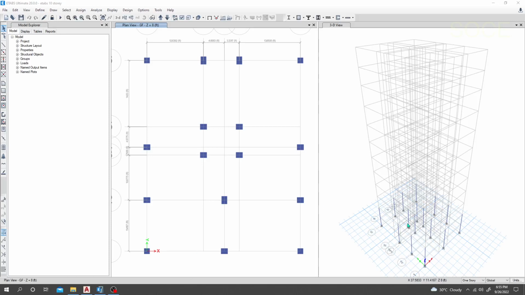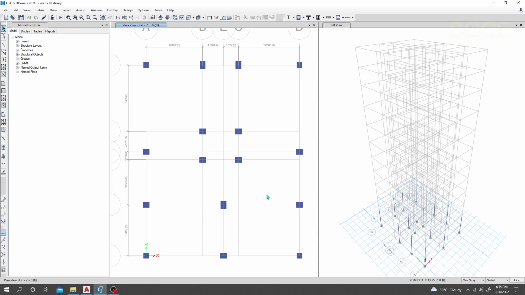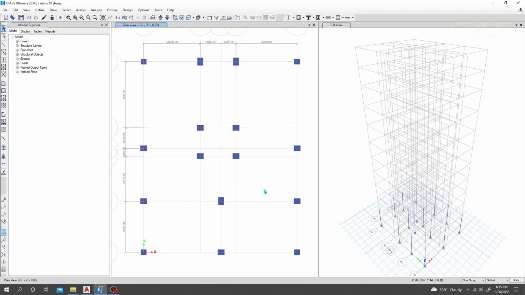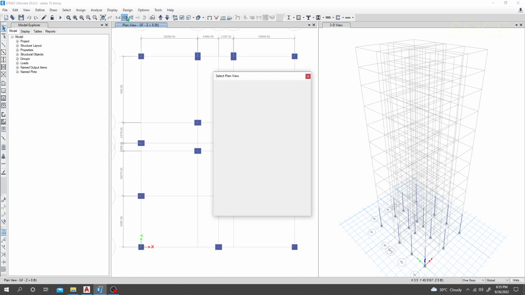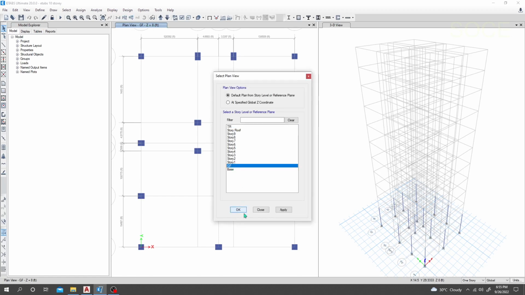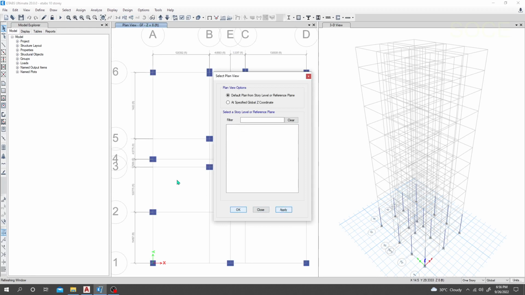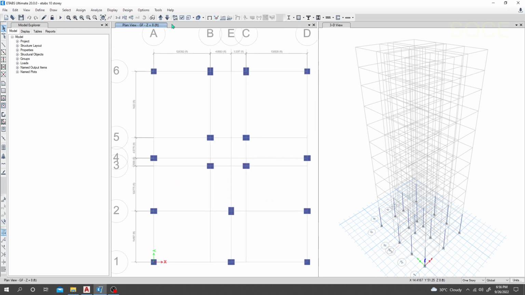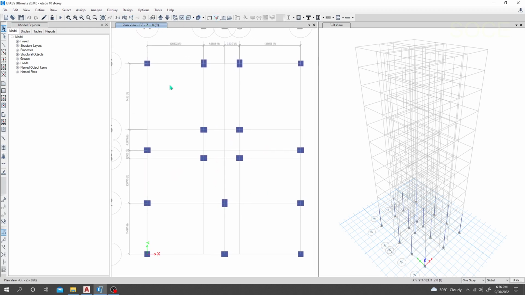Till our previous lecture, I have just completed how to draw our column perfectly. Now, in this lecture, we'll complete our model and go for analysis and design. Now I'll go to plan view, go to ground floor, apply, okay, and stop. After coming here, go to quick draw columns,